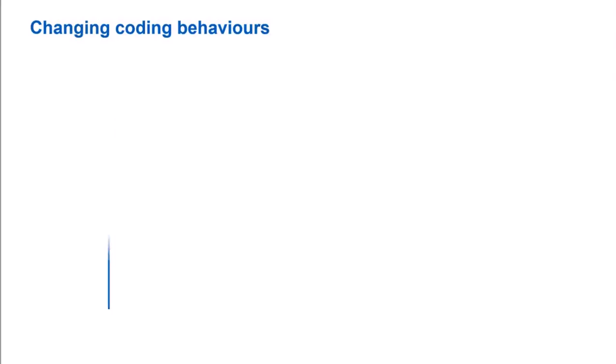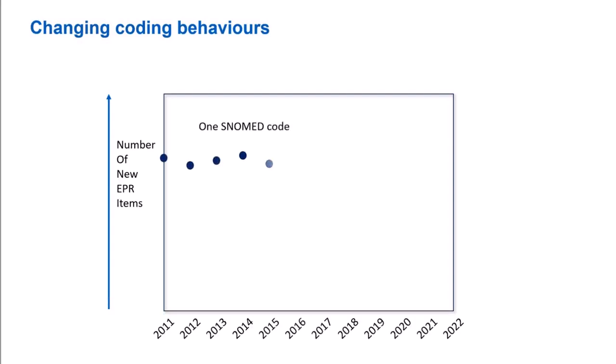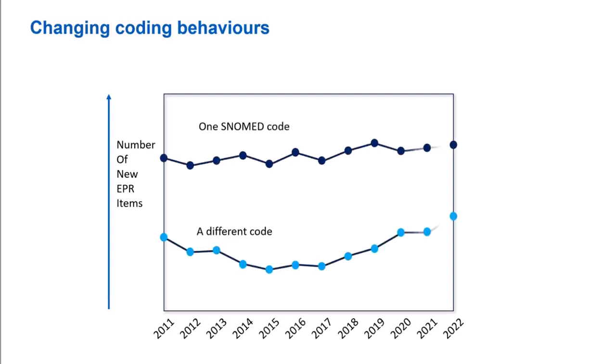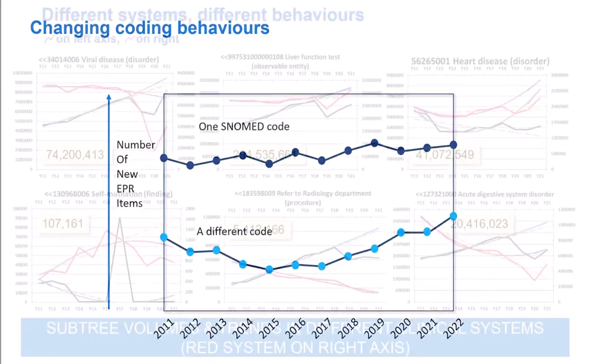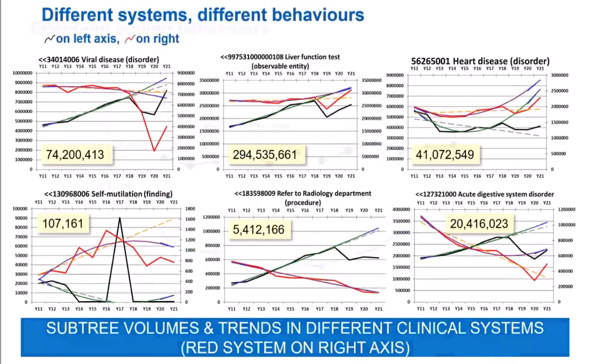So the other thing I was interested in more recently is changing coding behaviours, and I kind of showed you the coding drift problem, and this is kind of trying to understand the 12 years of data. So sorry, it's on autopilot. So we've got